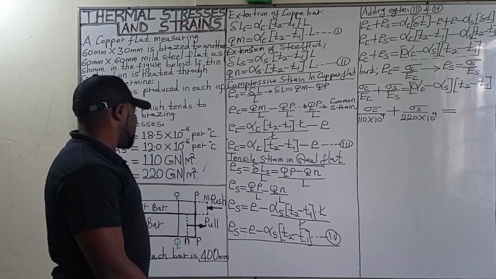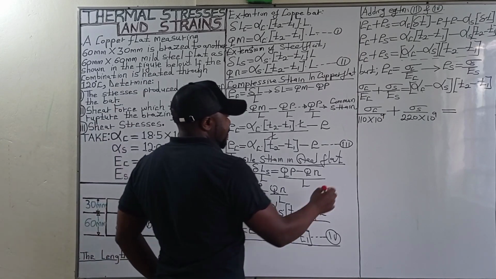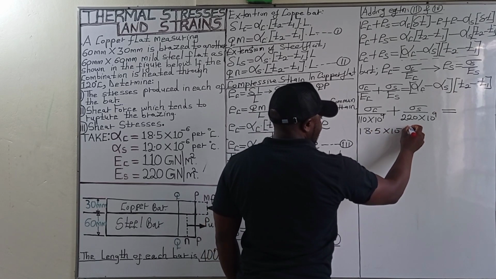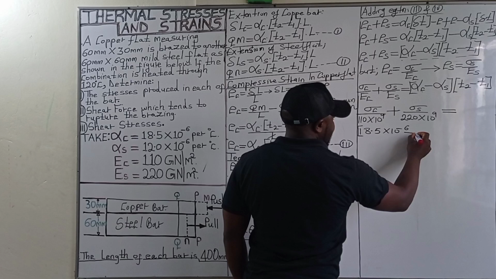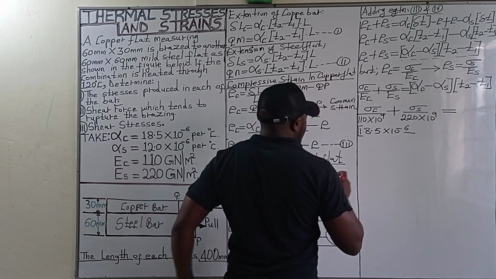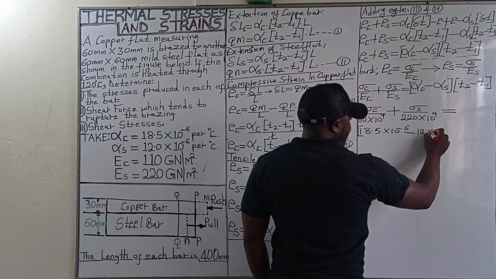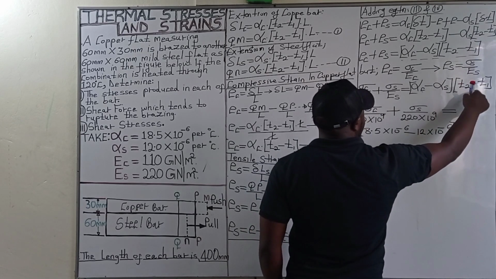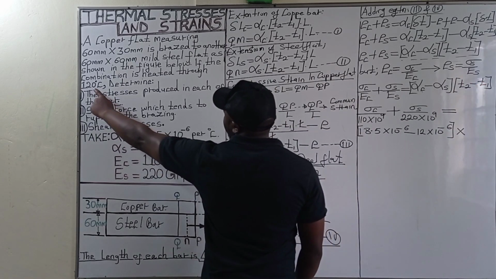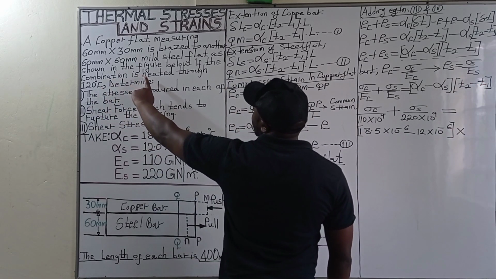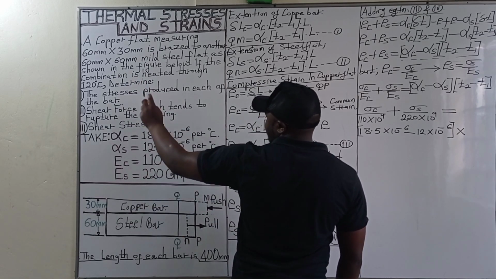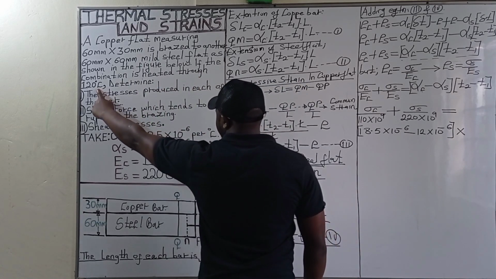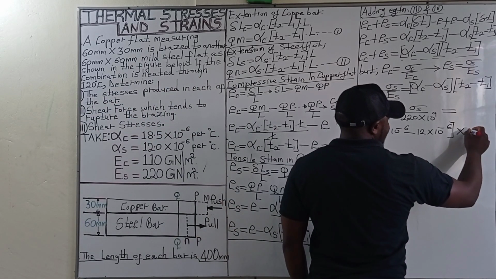the coefficient of linear expansion of copper 18.5. So that is going to be 18.5 times 10 raised to the power of negative 6 minus that one of steel is 12. So we got 12 times 10 raised to the power of negative 6 multiplied by T2 minus T1. The change in temperature is 120 degrees Celsius because the combination of these two flats has been heated through 120 degrees Celsius. Therefore, that is the change in temperature. So you multiply that by